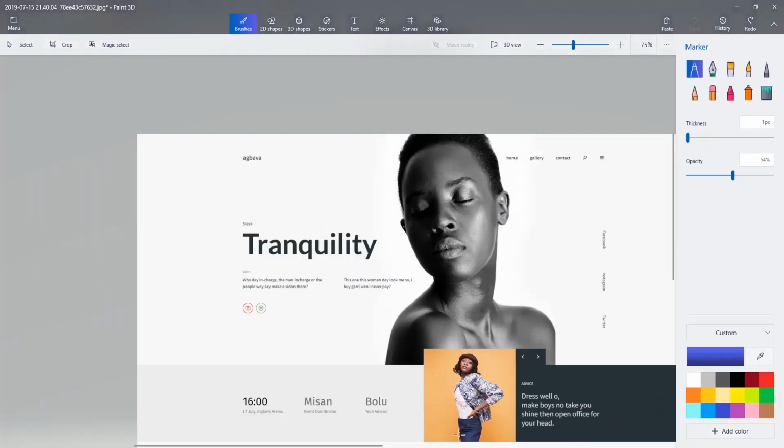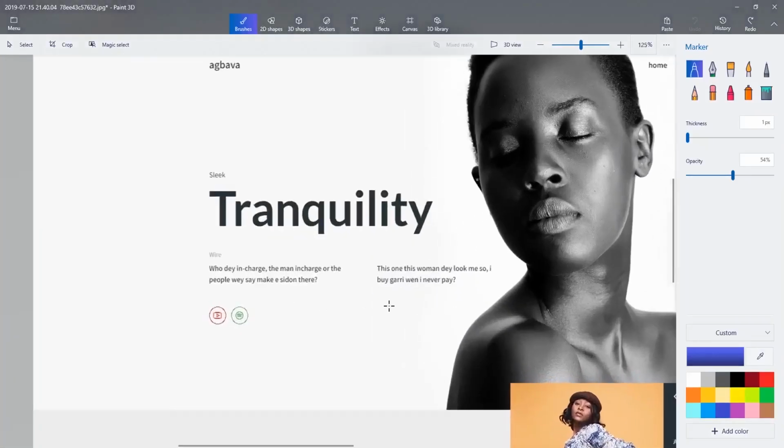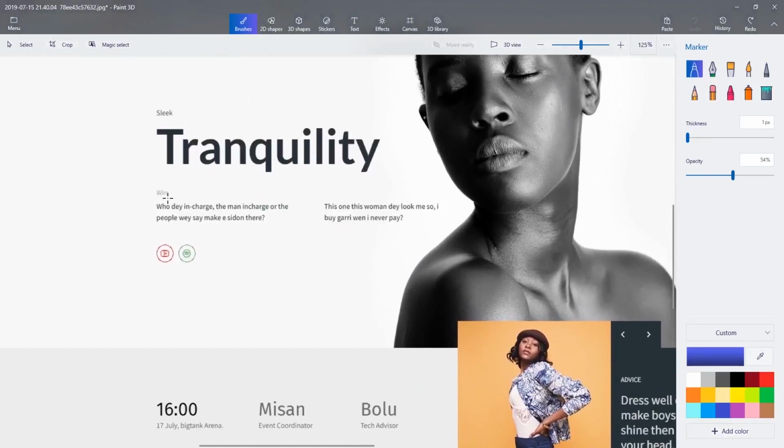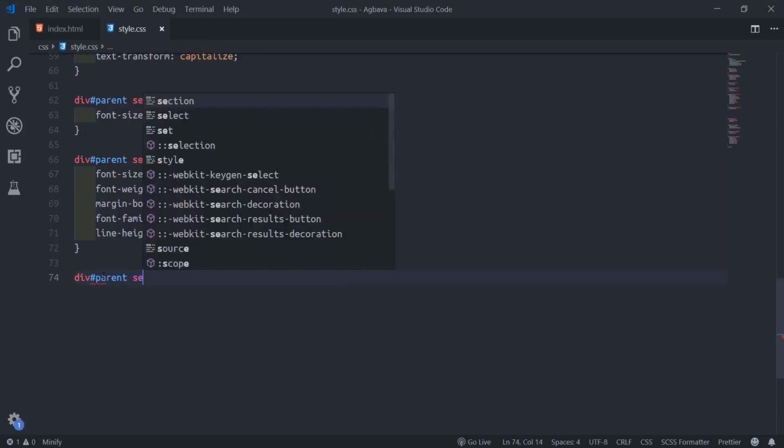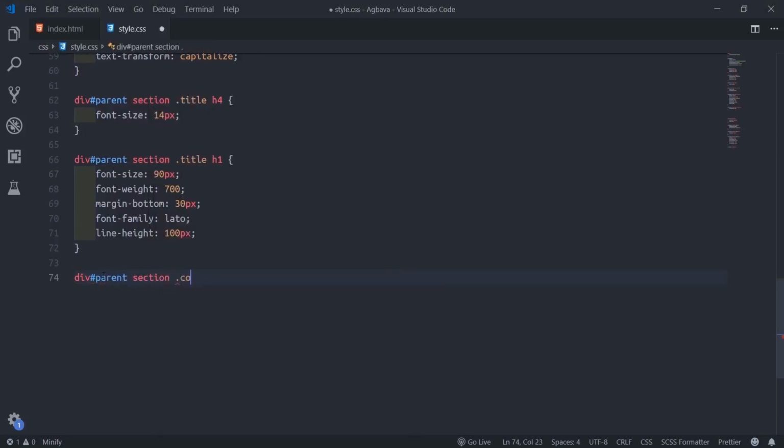So the next thing we'll do is work on this one. It looks like the font is small and it's not gray as given here. So what we will do is come to this content, I'll type div parent, inside the section I want to get the content.